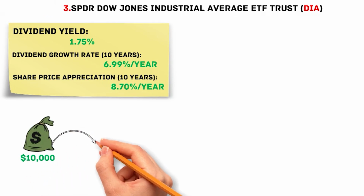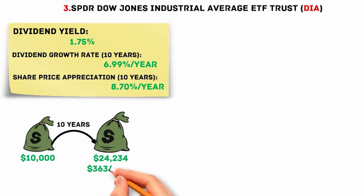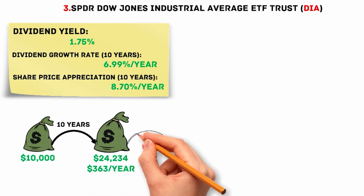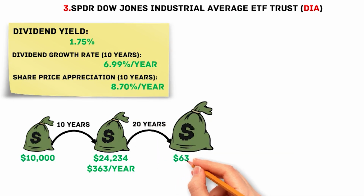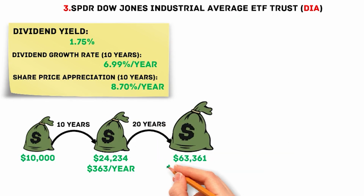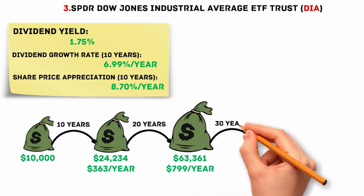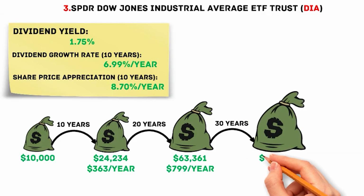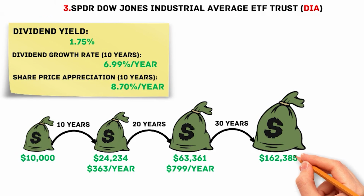For a $10,000 investment, the portfolio would become $24,234 with an annual dividend of $363. In 20 years, the investment would become $63,361. Now the annual dividend is $799. In 30 years, the investment would be $162,385, and the annual dividend is